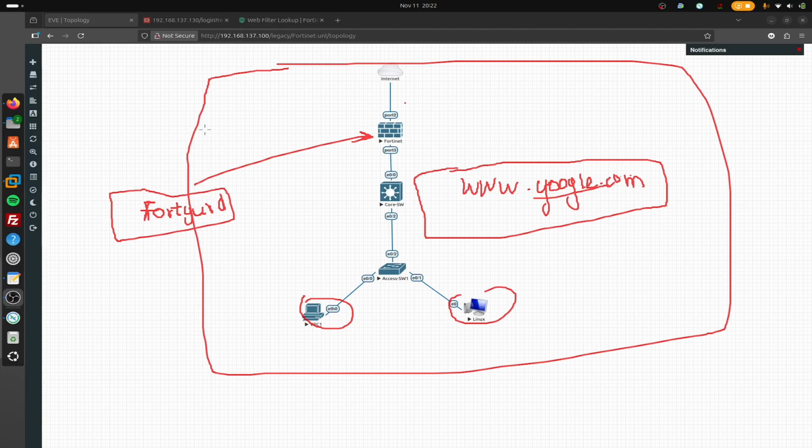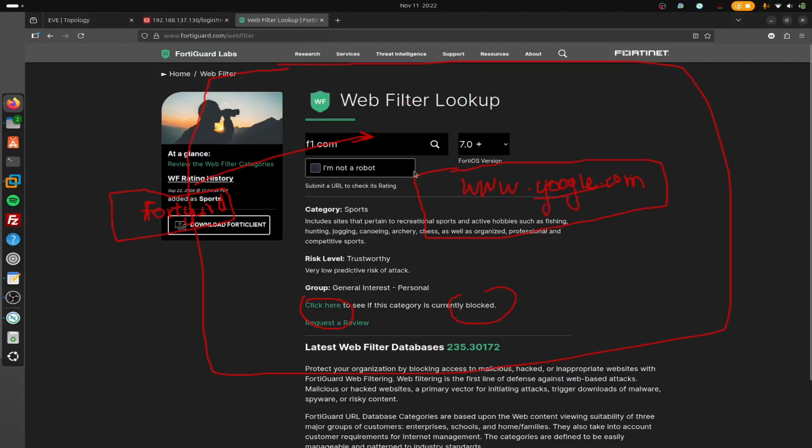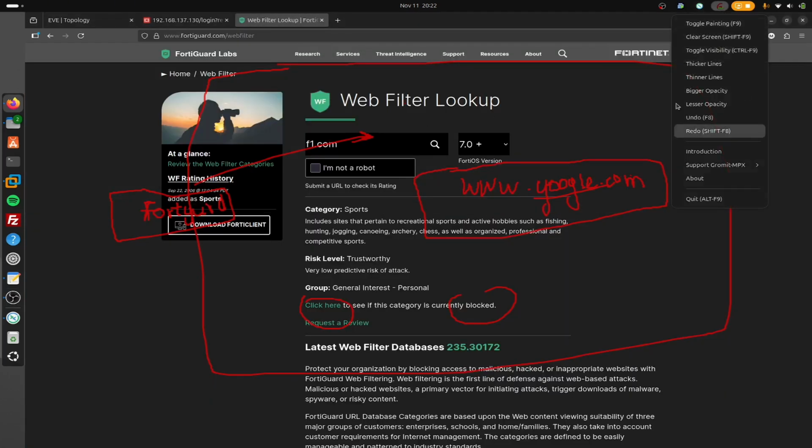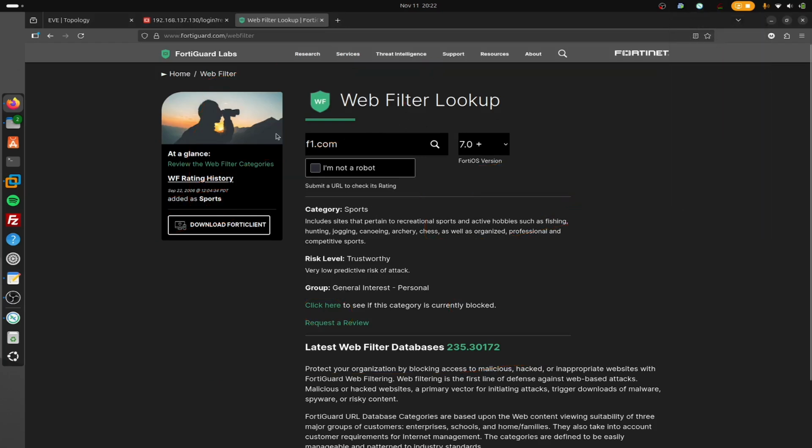And now this is actually the FortiGuard website, right? Here you can see I just searched for f1.com, and you can see it recognized this one as sports category, right? And risk level as trustworthy, right? And likewise, we can search for another website as well. Let's say